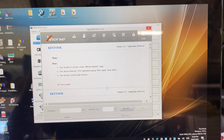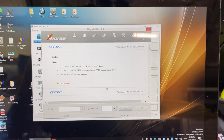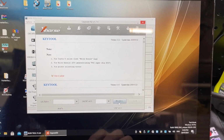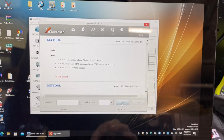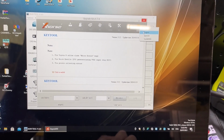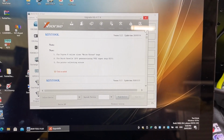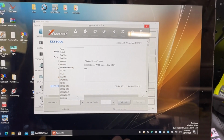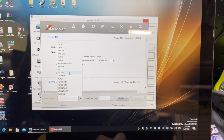Okay, it finally loaded. Now this has to be the worst piece of software from X-Horse, and see, this is what scares me. It doesn't support the language that it's in. I can't remember how to change it. There it is. Oh, lol. So it's the top button. Should have just said that to start with. Right. Select device. We have a VVDI